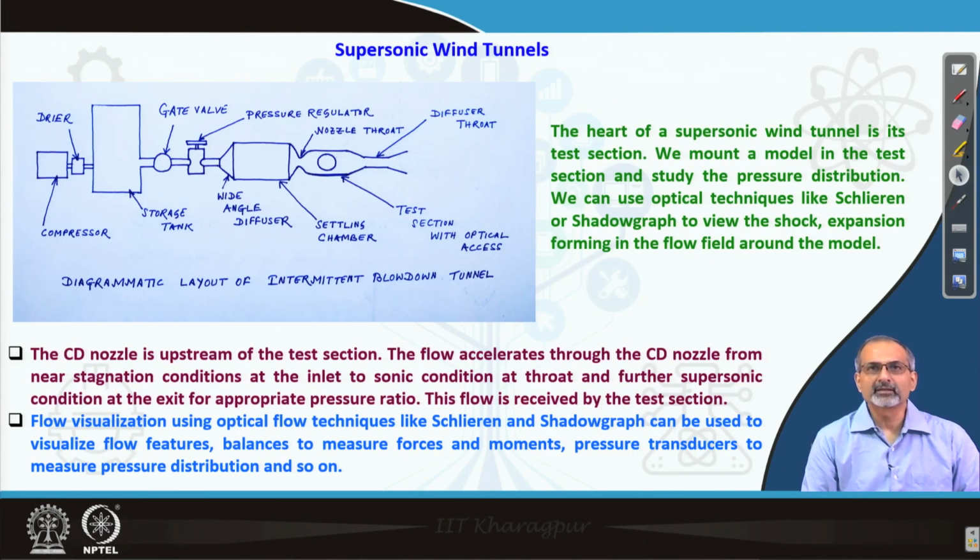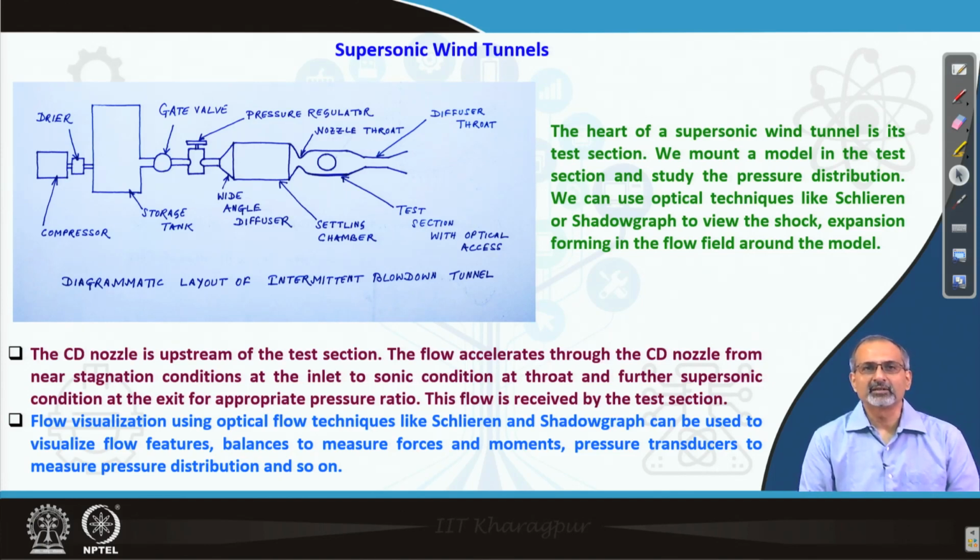And if you are looking at a supersonic wind tunnel, let's say of the blowdown kind, here is a very simple sketch of an intermittent blowdown tunnel. The CD nozzle will find its application there too. So you have a compressor followed by a dryer, then a storage tank followed by gate valve, pressure regulator, then a settling chamber with a wide angle diffuser usually upstream of it, followed by the CD nozzle, and then the